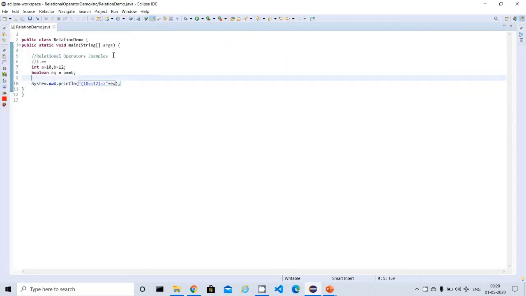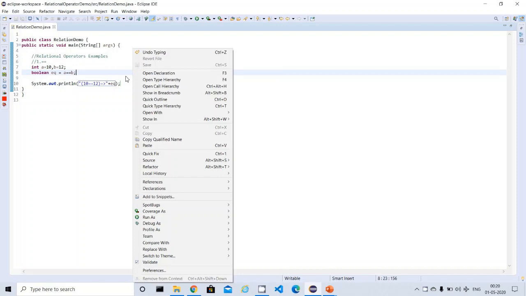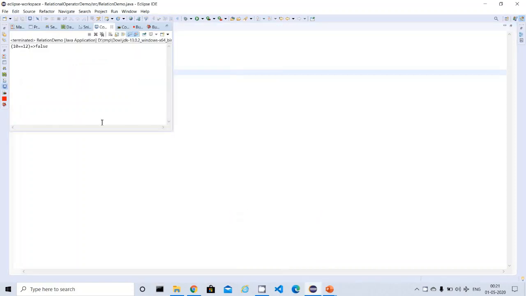Now to run this program and see the output, you can select Run and then select the program, or directly right click, Run As, Java Application, and it will run the program and display the result. It's saying false. Basically 10 and 12 are not equal, right?